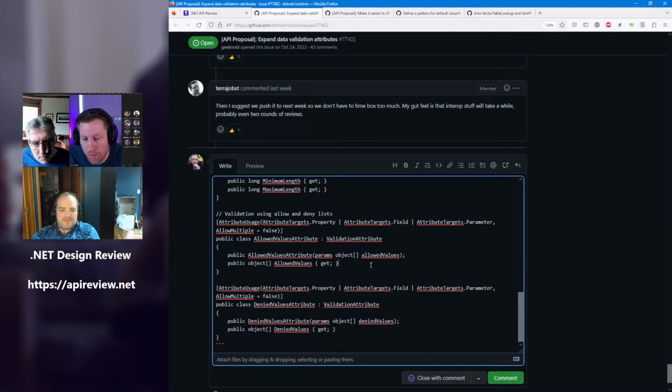Going back to the fact that all of this validation engine seems dependent on runtime behavior, somebody should just make a custom validation attribute for their own types if they need a custom comparer. The values that you can pass into these attributes are going to be really simple anyways. So if you have a customized equality requirement for simple values, then build your own validation attribute, I guess, is the answer.